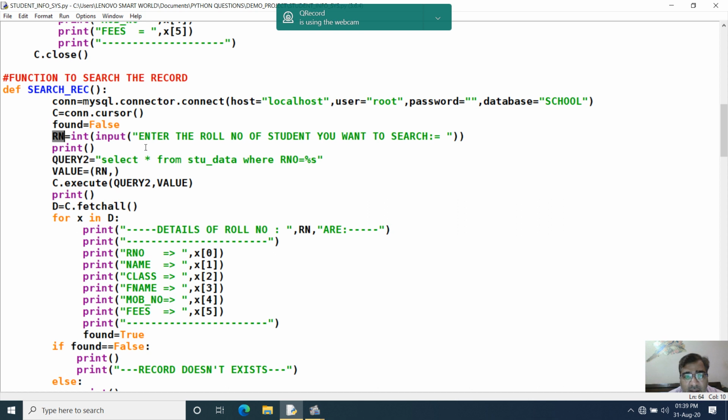Now this Rn will contain the roll number of the child whose record you want to search. I create the SQL query, select star from table name where roll number equal to placeholder. This placeholder will get replaced by this Rn. Now create a tuple of this variable.